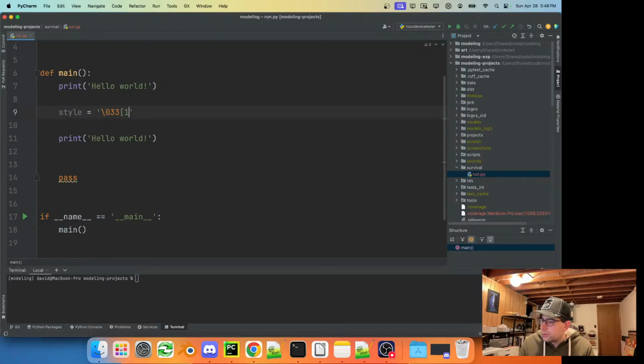We'll do normal, and normal cyan. And then the background color will be black. And then let's see here. And I want to make sure I can end the style.